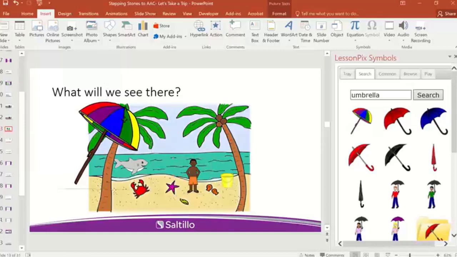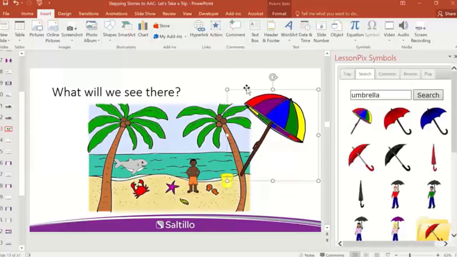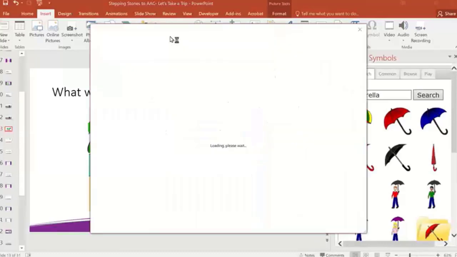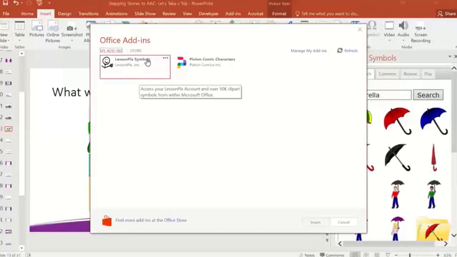Megan, if you are in PowerPoint and you go to Insert and go to My Add-ins, it brings you to the store. Or actually, you go to the store first because now I've downloaded it, but you just say you want Lesson Picks and it downloads and installs, and then it shows up under My Add-ins.